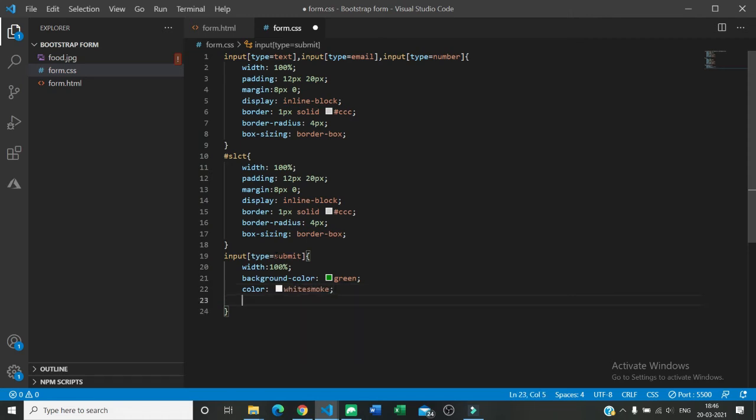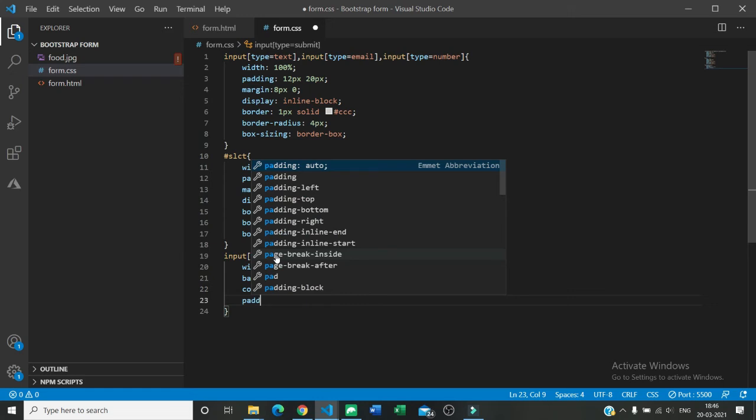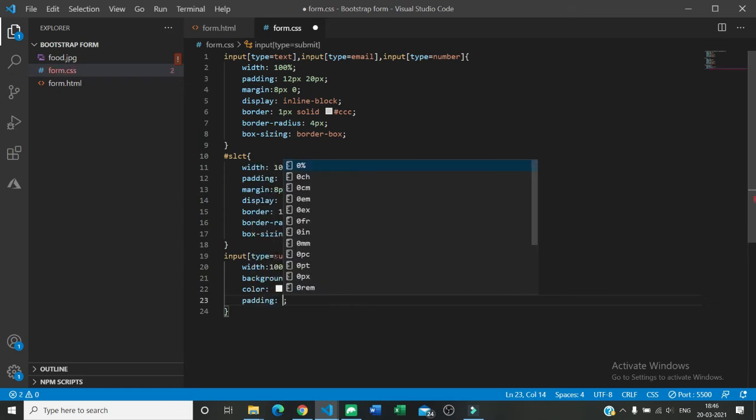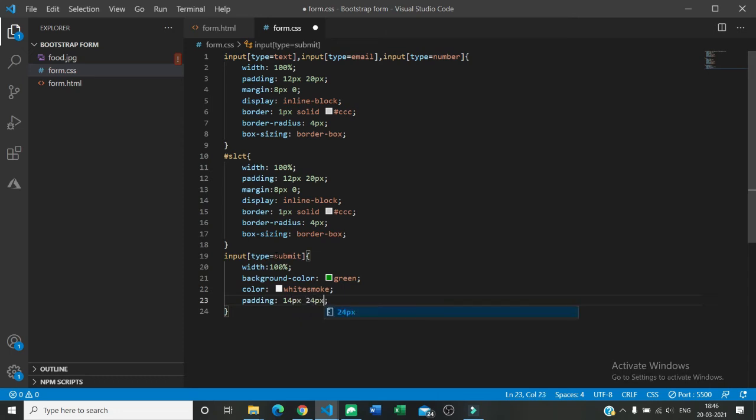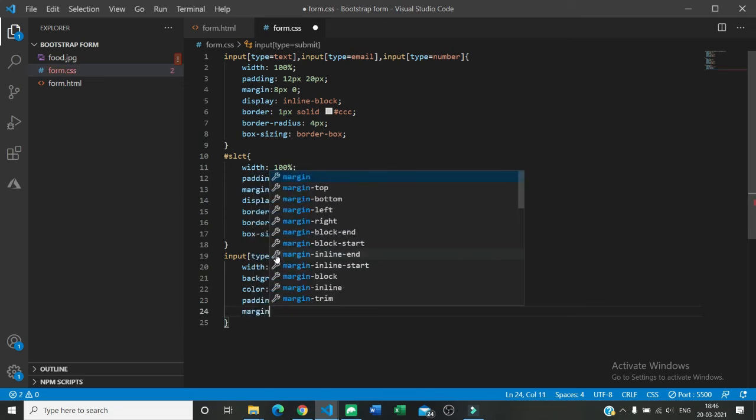And also I want some padding and margins, so let's give padding of 14 pixels for the top and 24 pixels for the left. And then give some margin again because I want it to be aligned with the inputs above.